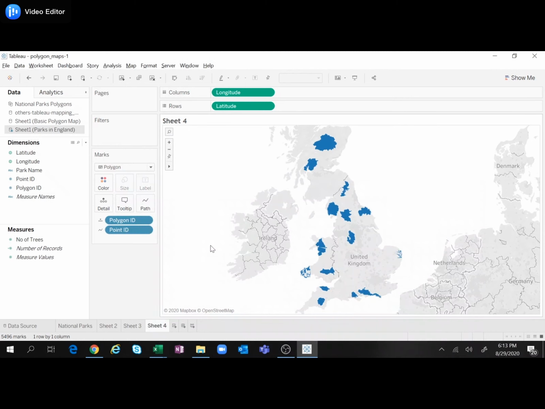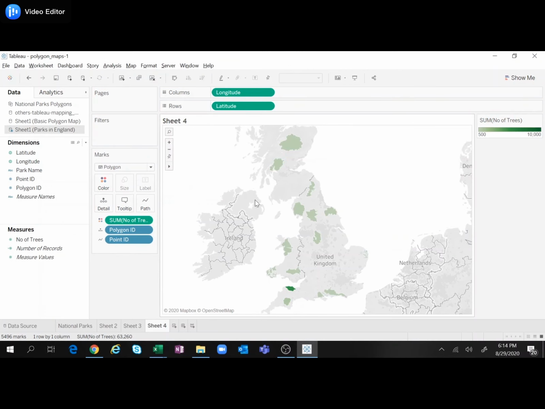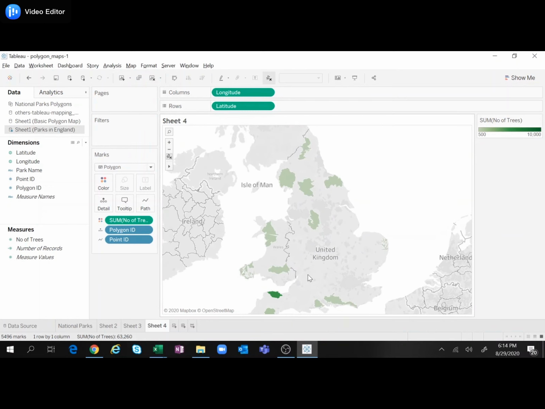Okay, so one more thing that I want to show here is, if we take the number of trees and put it into the colors card, let us see what happens. Now we can see a legend here, where the minimum is 500 and the maximum is 10,000, in different shades of green. The lightest shade denotes 500, and the darkest denotes 10,000. But on the contrary, if we see